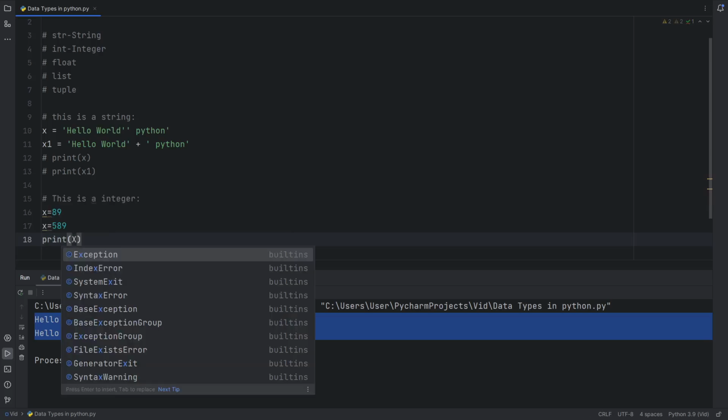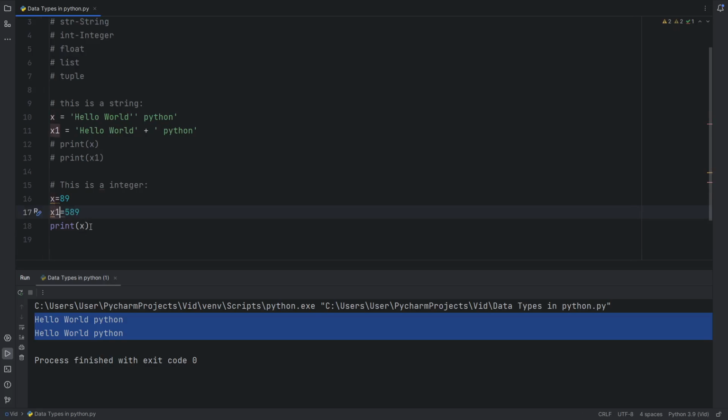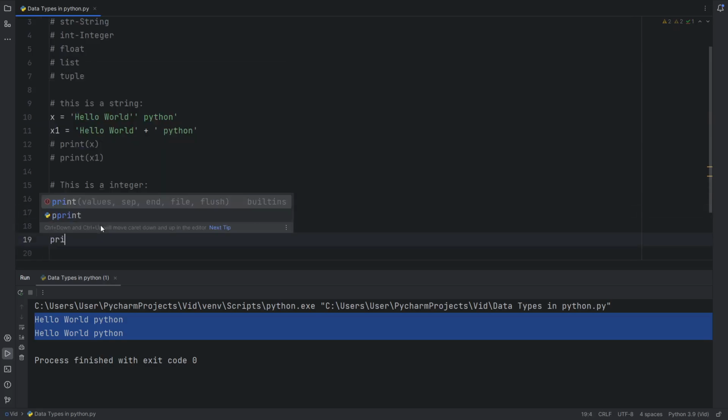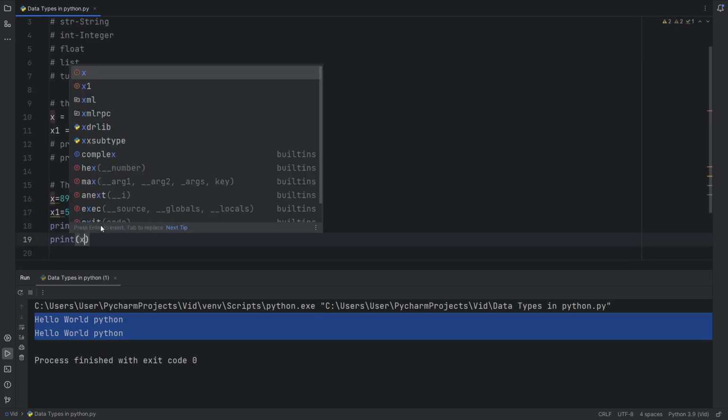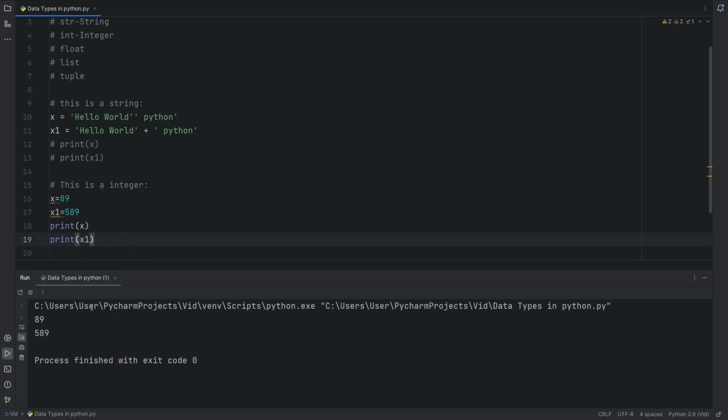Print x. If I change this to print x1, print x1. Run this. Simple as that. Simple. 89, 50, 589. Now, if we compare this